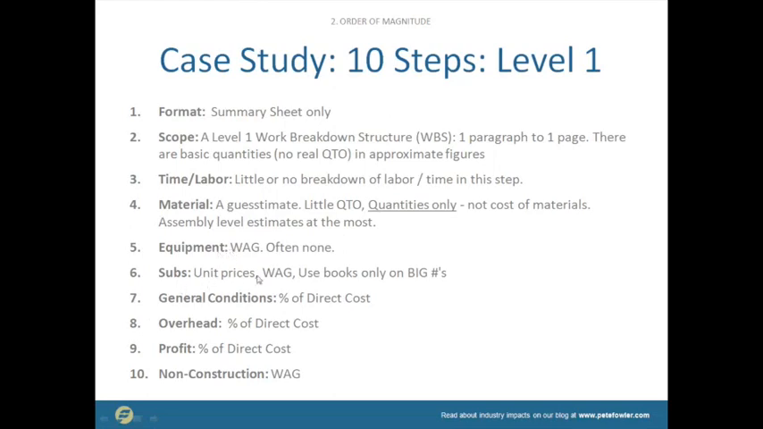So subcontractors' unit prices. We use only the big numbers for when we use estimating manual references like Sweets or Means. So then general conditions are just a percentage of overhead, usually about 8%. It goes up and down a little bit, but overhead percentage, again, is somewhere between 5 and 15%. Profit is somewhere between 5 and 15%,